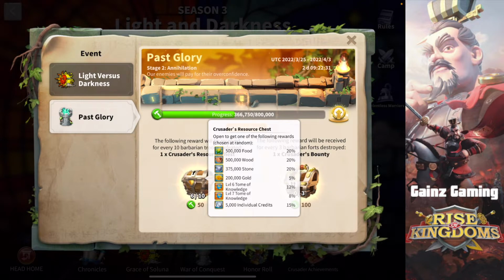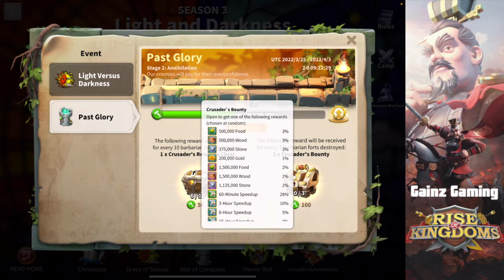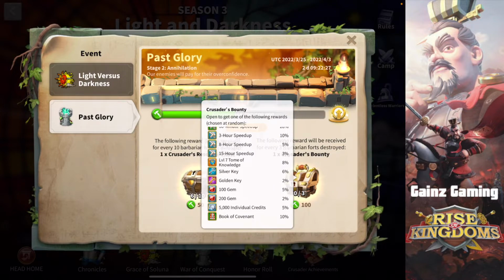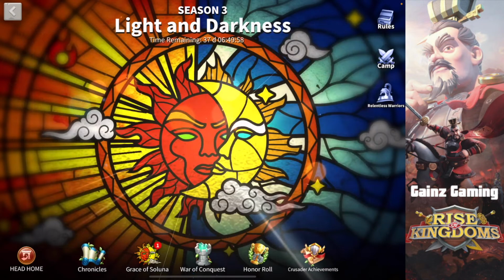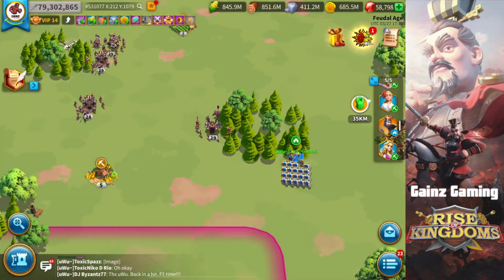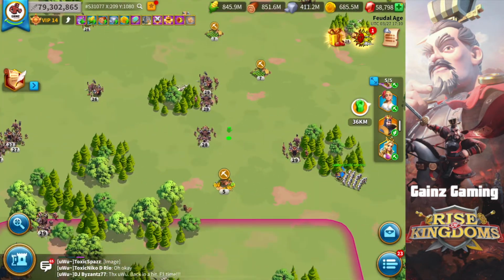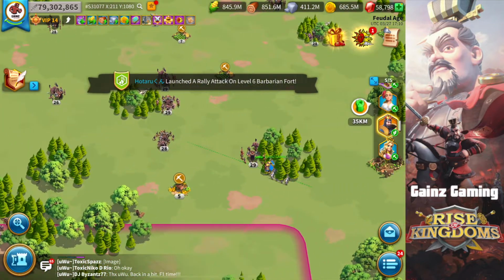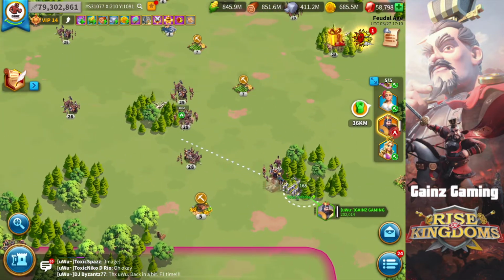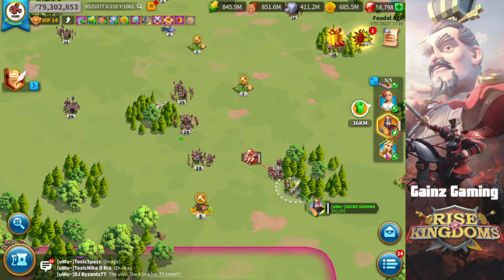I want the resources. I also did some Barbarian forts as well, just to try to get some speed ups and gems. But since the value for Barbarians is so high with the Lohar's trial event, that's what I'm focusing on for this past glory event. So as you can see, we still have tons of Barbarians over here, so we are going to try to connect all of these. So first we're going to hit this level 29, we're going to start walking it north